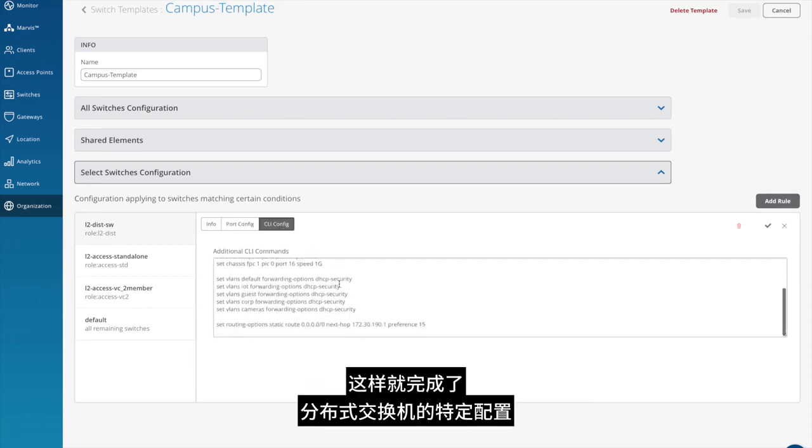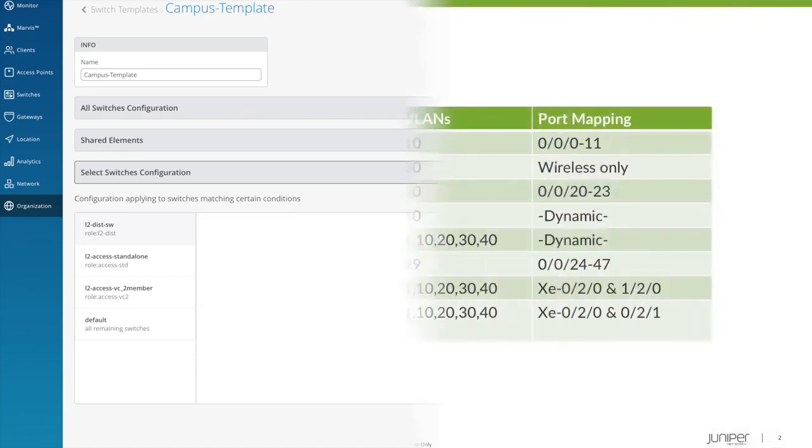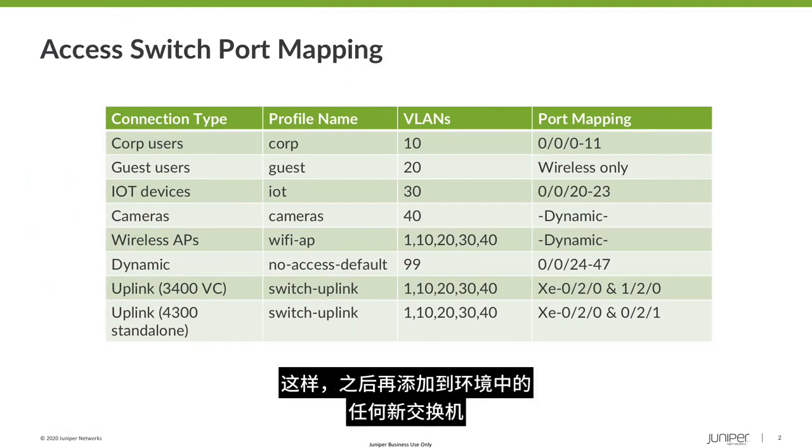Okay, so that's the select configuration complete for the distribution switch. Let's look at the access switches. Let's just have a quick review of the port mappings again for the access switches. What we're looking to do here is to simply predefine some port ranges that can be applied across all switches so that the rollout is highly templatized, therefore any new switches added into the environment later will just simply inherit